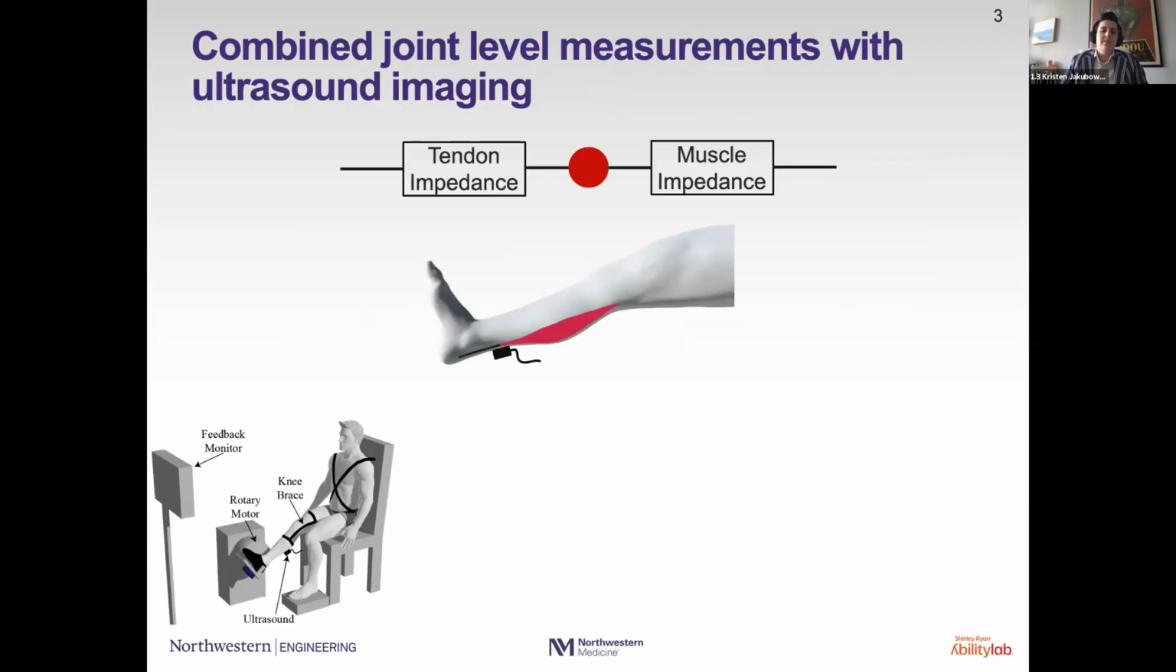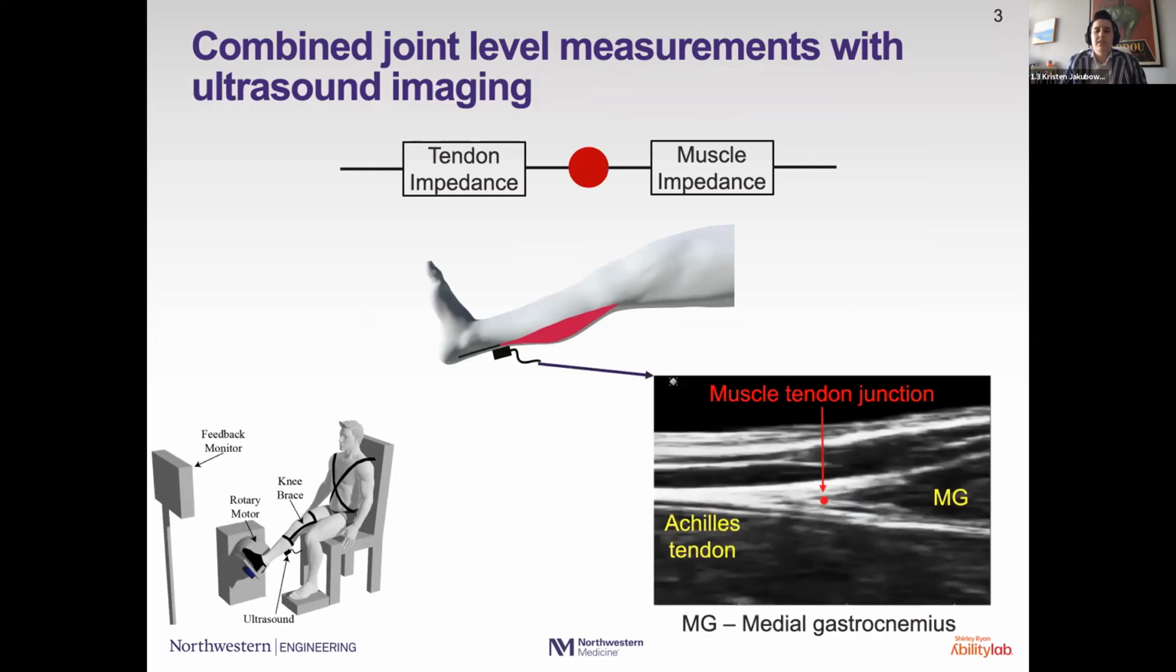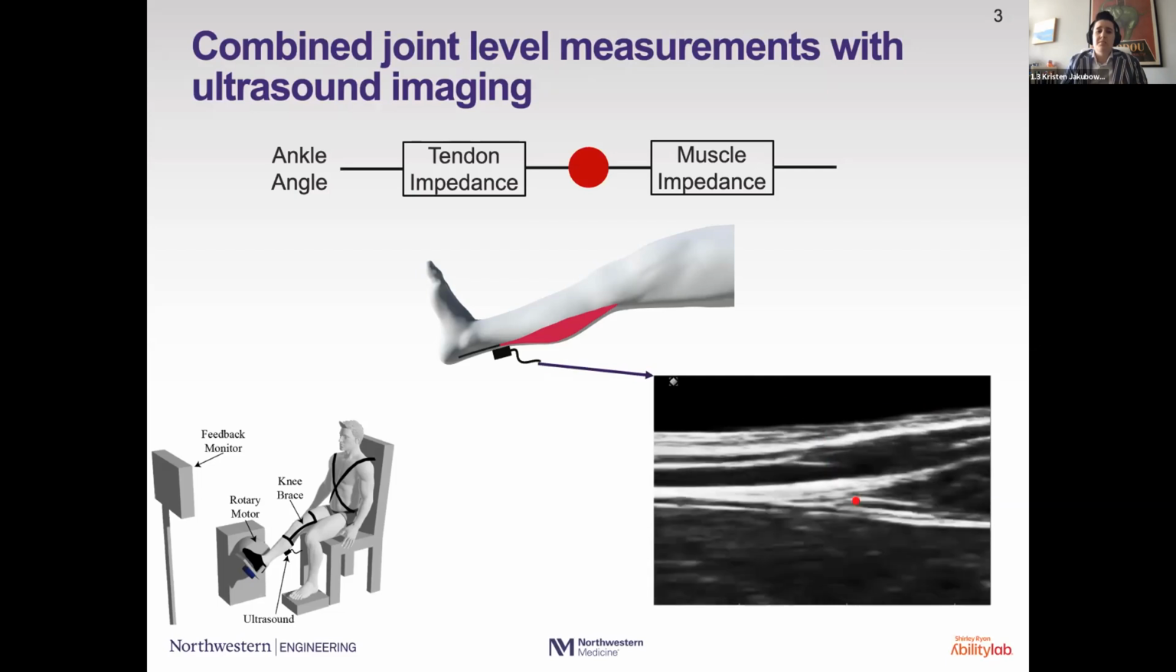This cartoon conceptualizes how we differentiated between the impedance of the muscle and tendon. We modeled the muscle and tendon as two impedances in series connecting at the muscle-tendon junction, which is shown as the red dot. And here's an example of the collected ultrasound image, again with the muscle-tendon junction highlighted by that red dot. We're rigidly manipulating the ankle joint, which results in displacements of the muscle-tendon junction, which can be